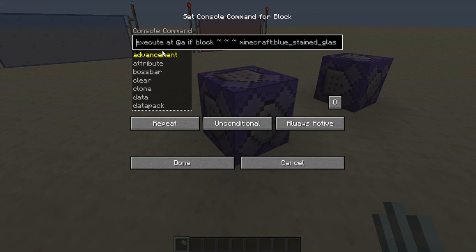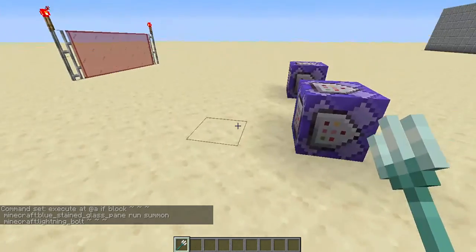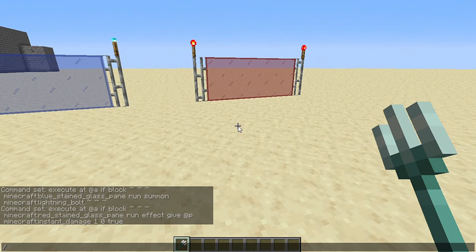The execute command. And all you have to do is set it to detect the player when he stands inside the blue stained glass pane, and then it's programmed to summon the lightning bolt at the player's position. This one over here gives the player the effect of instant damage. This allows them to just, if I happen to be in survival,